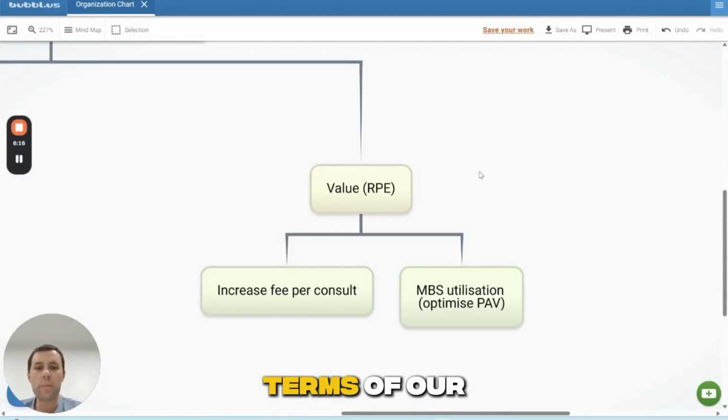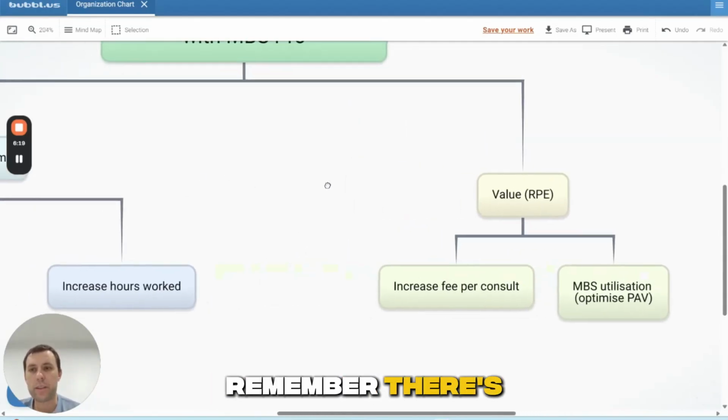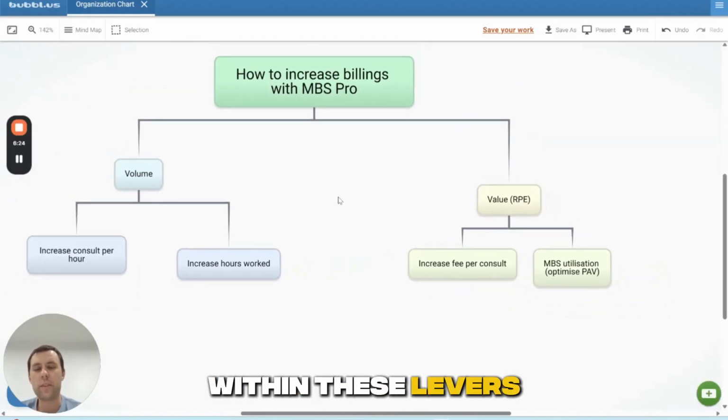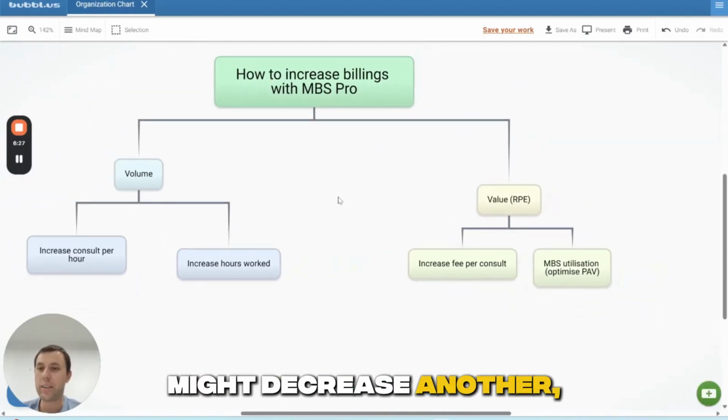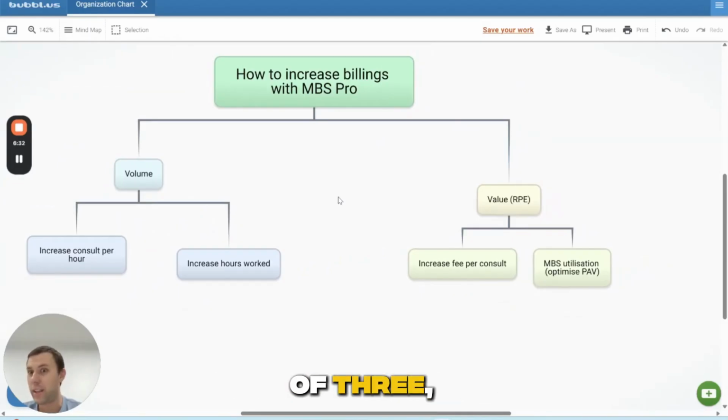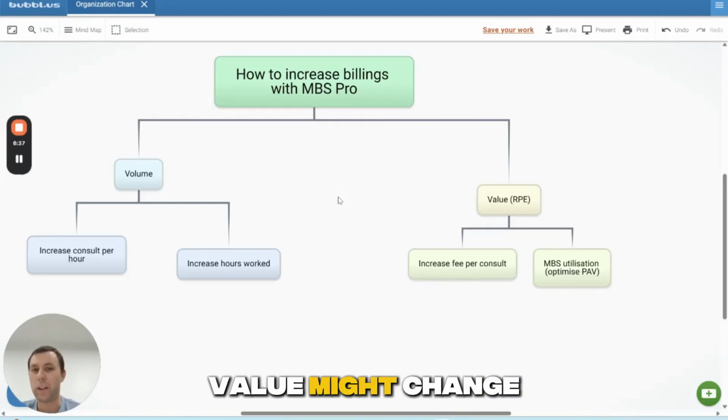So in terms of our overall framework, remember there's two ways that we can increase our billing, volume and value. You'll find that within these levers, you might increase one, but that actually might decrease another. You might increase your volume, so you're seeing five patients an hour instead of three. However, the type of patient that you're seeing is going to change, and therefore that value might change, not necessarily